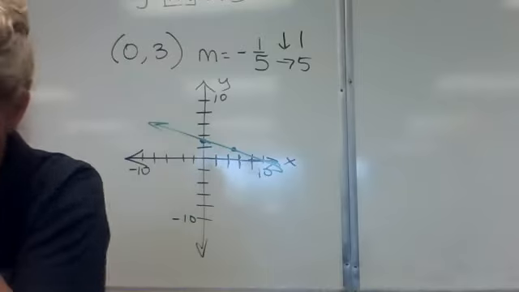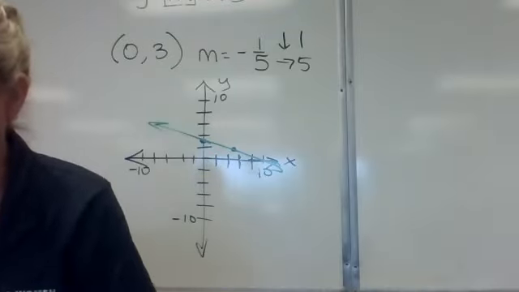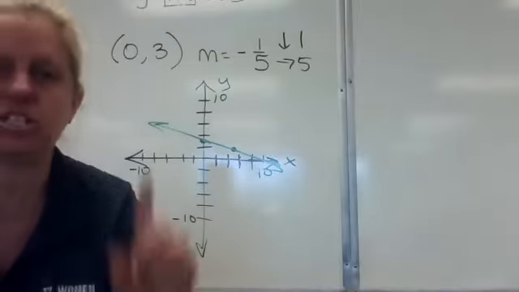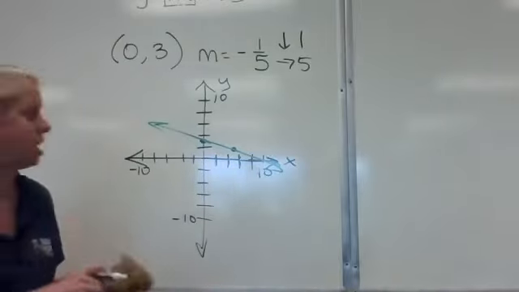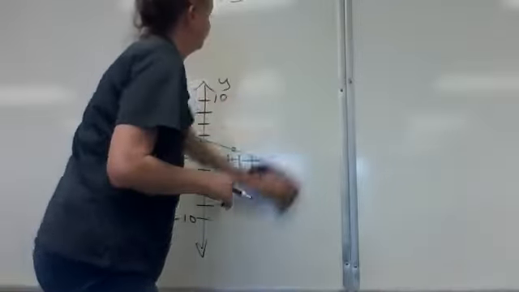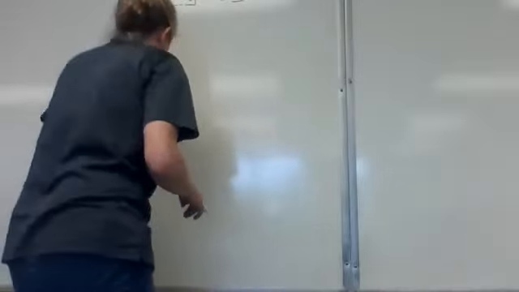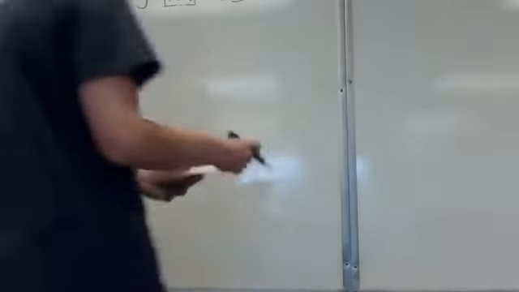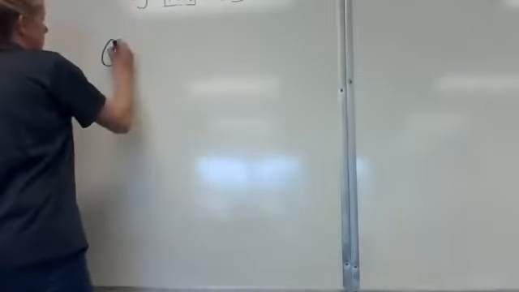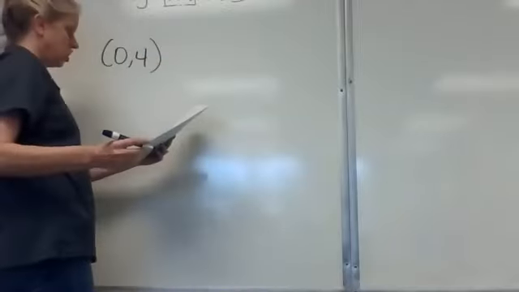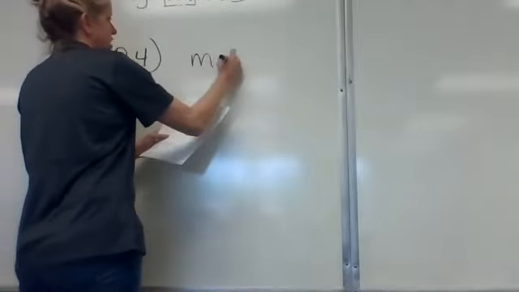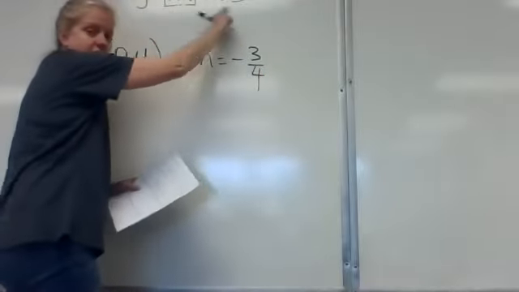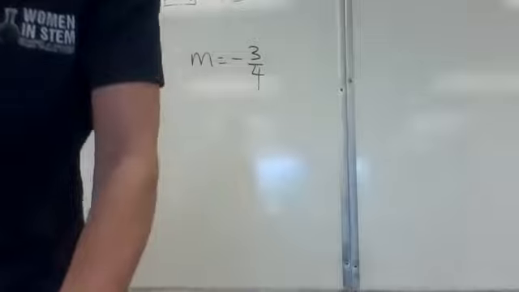Okay, number 18. Write an equation of the line through the given point with the given slope. Write it in slope-intercept form. Here is another benefit of watching this video. The point that it gives me is 0, 4. The slope that it gives me is negative 3/4, and it wants me to write the equation in slope-intercept form,